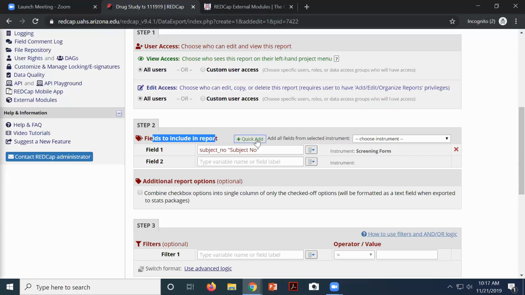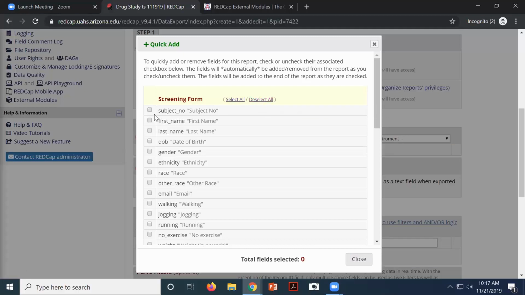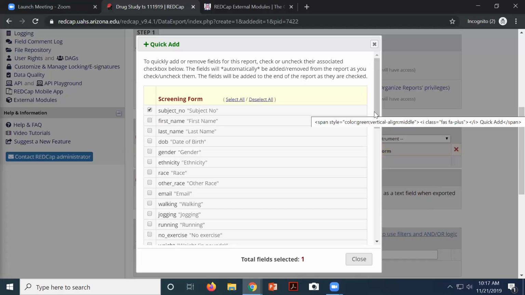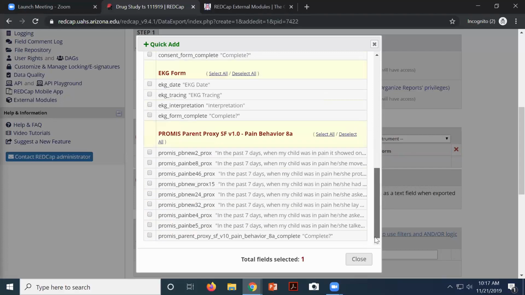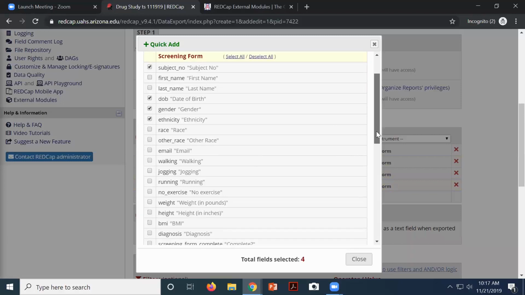So, quick add. If you click on this button, you can immediately select or deselect variables, and so you might want to deselect all the variables and then pick exactly what you want. And it's very easy because you can see the forms at a glance as you go through here, decide what variables you want. For my report, I'm just going to get the date of birth, gender, ethnicity. Just going to grab those for the moment